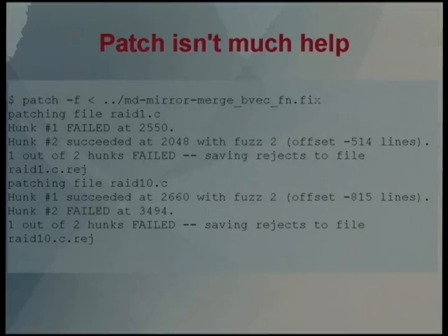Does everyone know exactly what fuzz is? So fuzz, we'll see fuzz a bit later, but fuzz means the patch contains so much context, and I couldn't find a match with all that context, but if I throw away a little bit of context, then I can find a match. So fuzz of 2 means I threw away 2 lines of context. And an offset of 514 lines. Were there really 514 lines, and maybe it got put in the wrong place? And you can't really see what's happening.